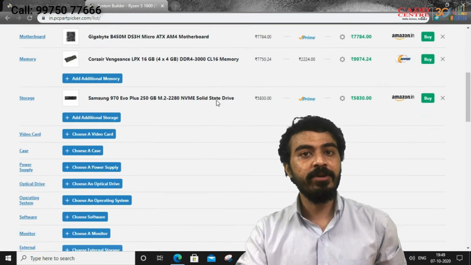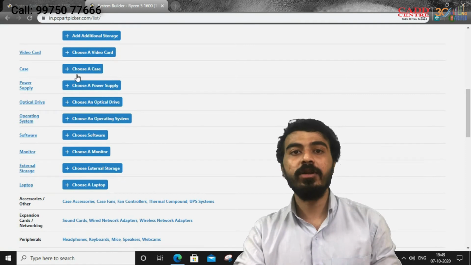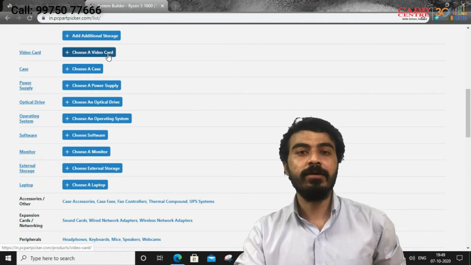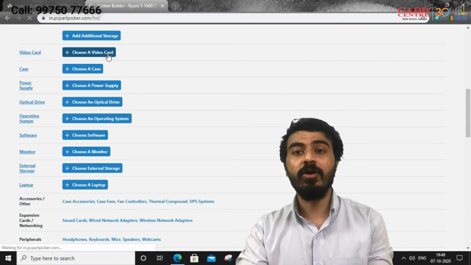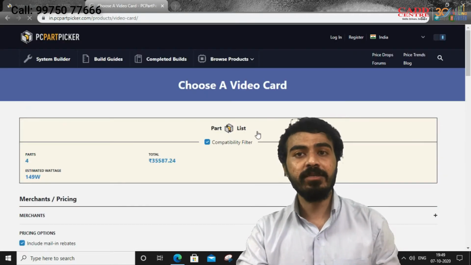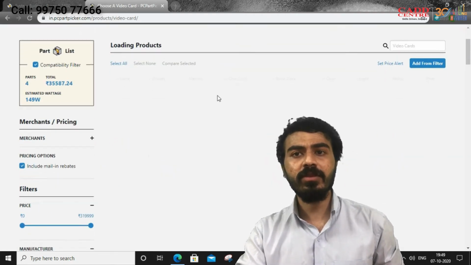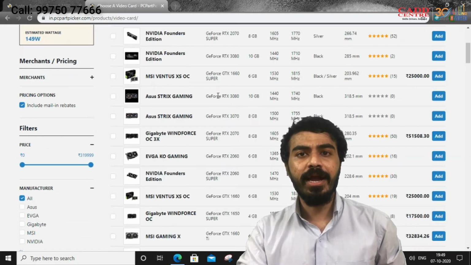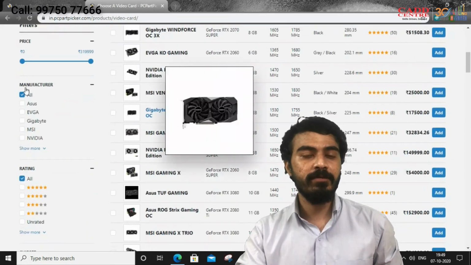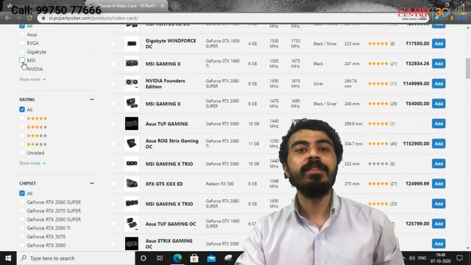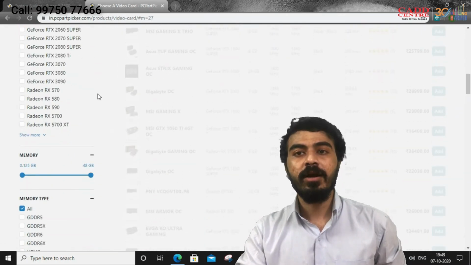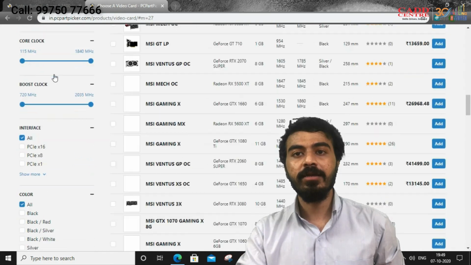Then we need a video card, meaning a graphics card, to run different software. For Revit Architecture, or we can say for 3ds Max and ANSYS, we need graphics up to 4 GB. So you can add 4 GB. For the graphics card, I am going to prefer MSI, and then in MSI you can select up to a 4 GB graphics card.